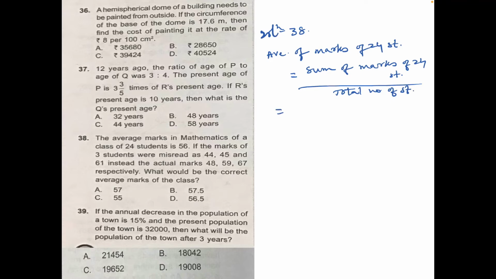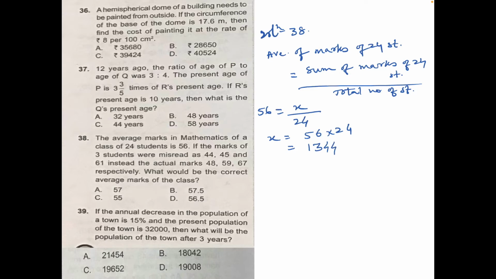See, the average given to you is 56 and you do not know the total, so let us assume it as X, right? And the total number of students is 24. So the sum X equals 56 into 24,